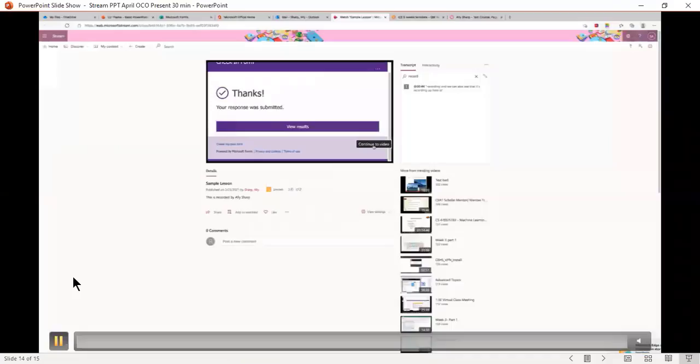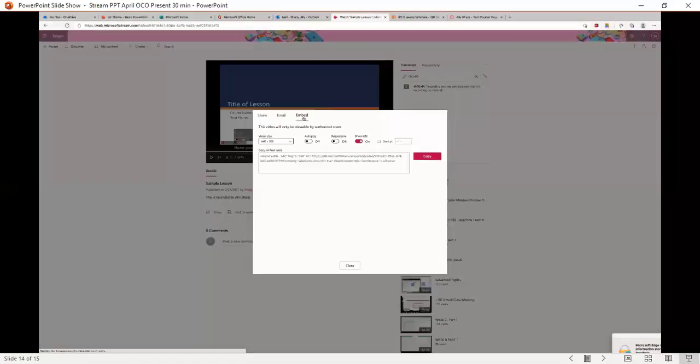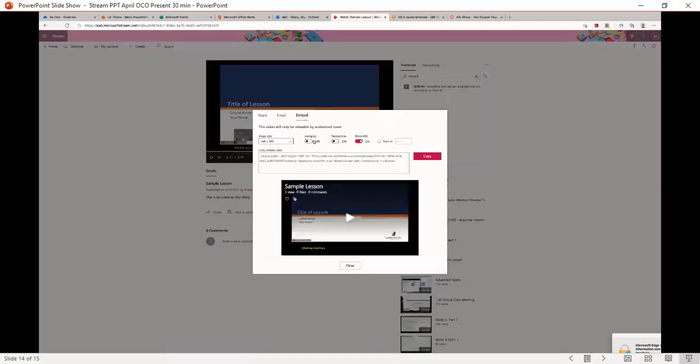The students have to press the little icon on the bottom, but they are able to search that transcript. So I'm going to show you a video of this process. Here's my video. I'm going to click on share and then I'll choose embed. I can change the video size if needed. If you're not comfortable, leave it with what it has. Autoplay is where it starts right when it shows on the screen. That irritates people, so leave that off.